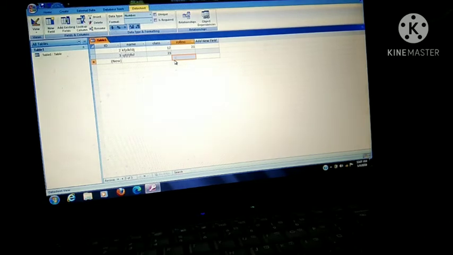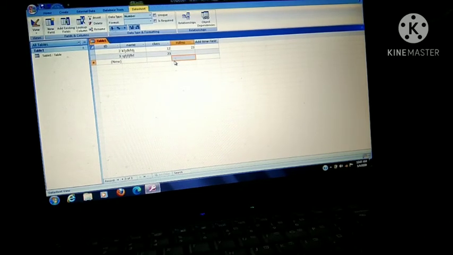Children, if you want to insert a primary key in the design tab, you have seen that the primary key option is there. But in datasheet view, ma'am, how can we set a primary key? What are the qualities of a primary key? A primary key must be unique, it contains unique values. Second, a primary key cannot be null. So both these options are here.